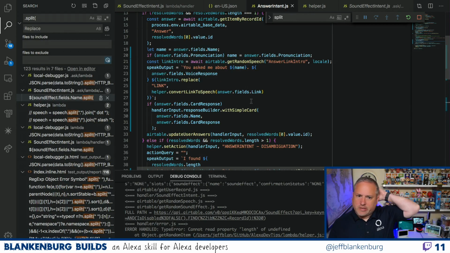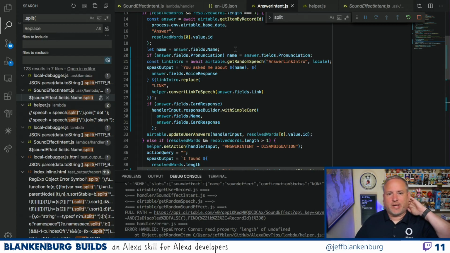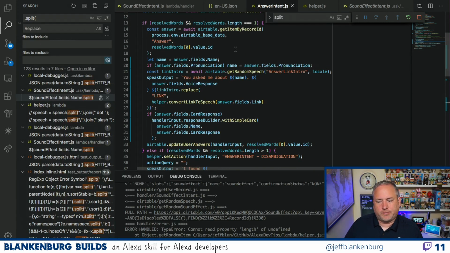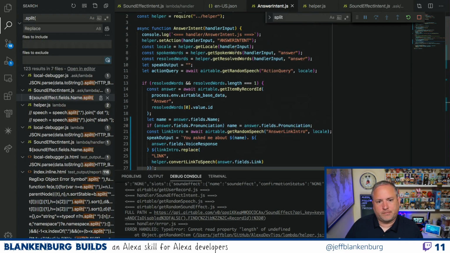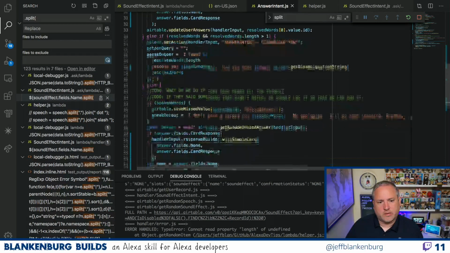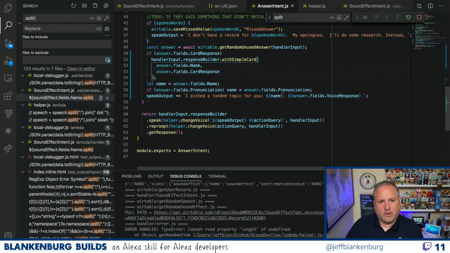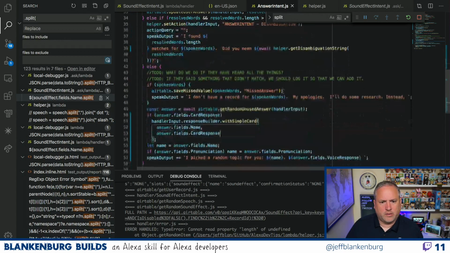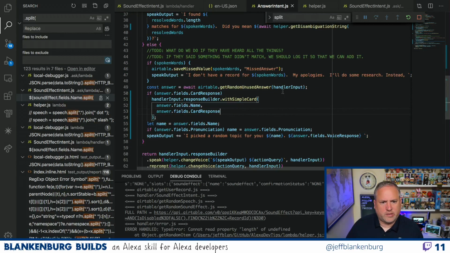Well, how do I do this? Because I don't want to do it in this case. In the middle case, I would not want to write a card. I thought I could just do this. Handler input.response builder dot with simple card.